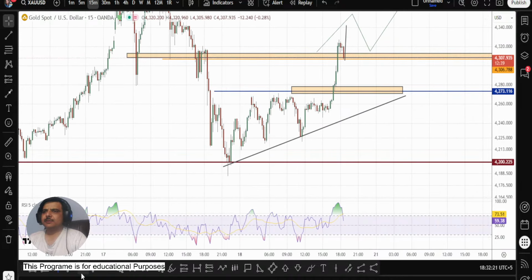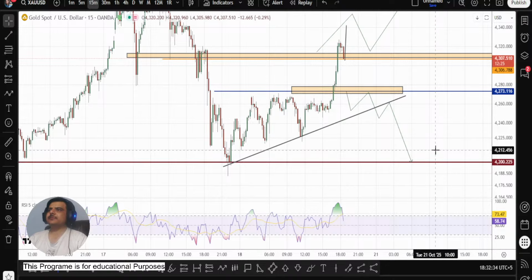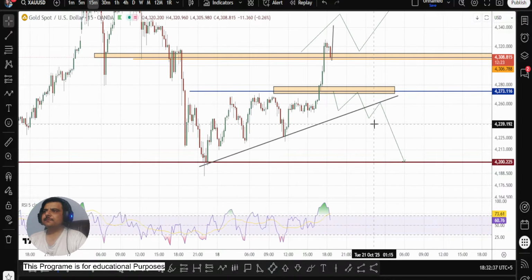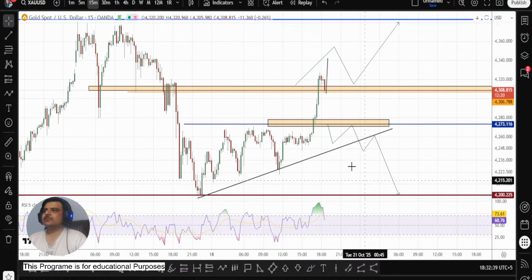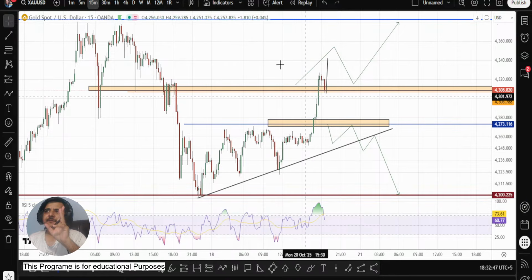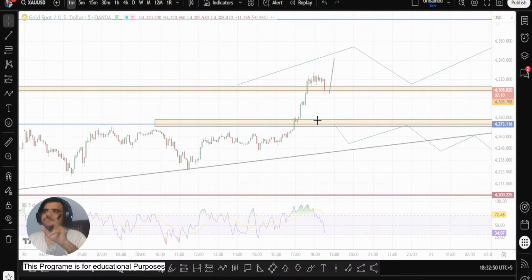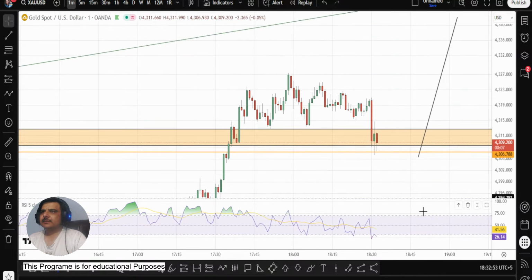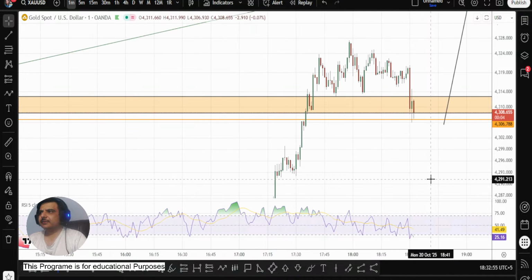And if it breaks below this zone, 4273 or 4270, even the trend line break, then it will be coming back down to 4200. Okay, so this will be the situation overall. RSI is, see what did I say in this stream, 91 it can go, and it did. Bulls are a little bit afraid right here. 4306.